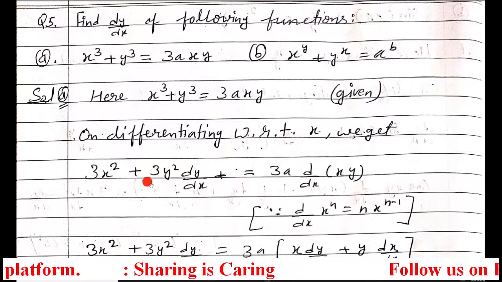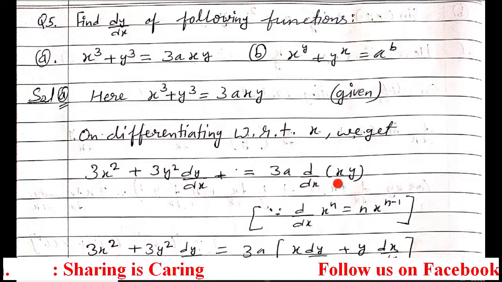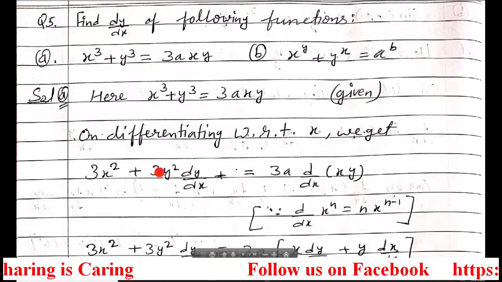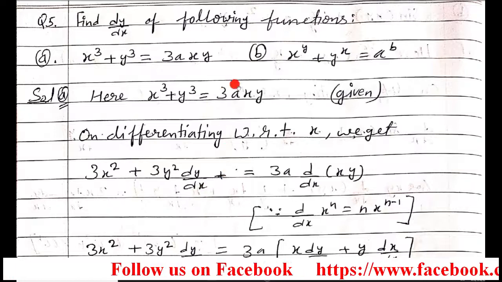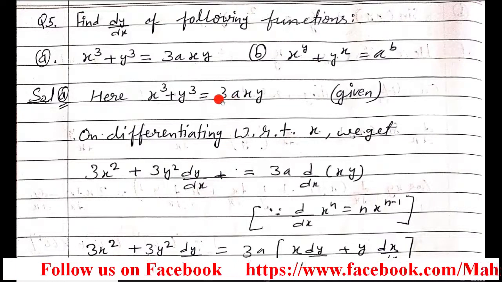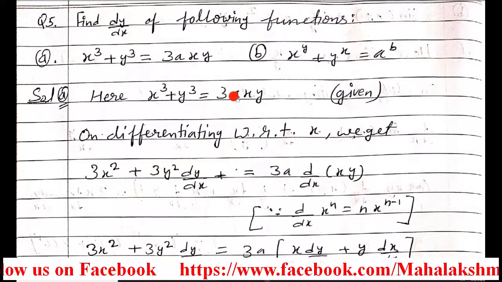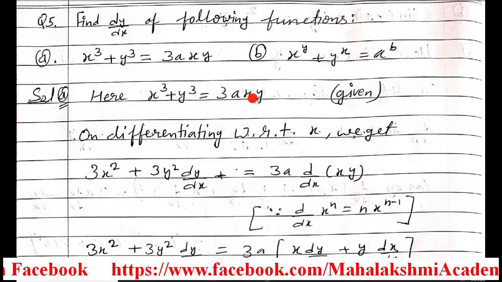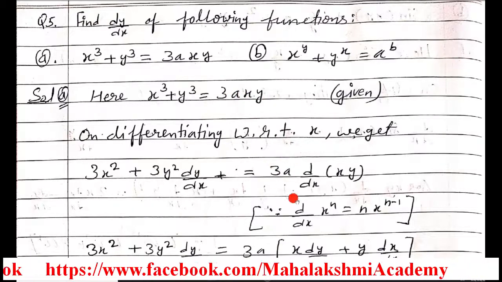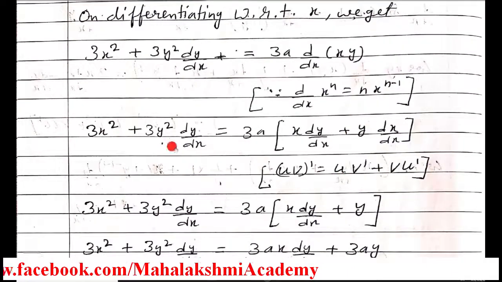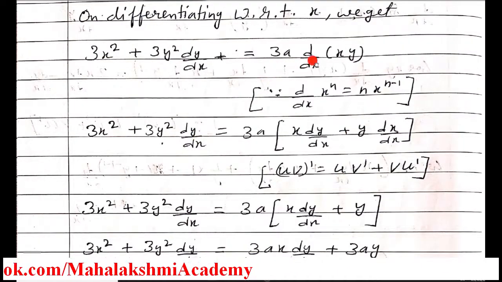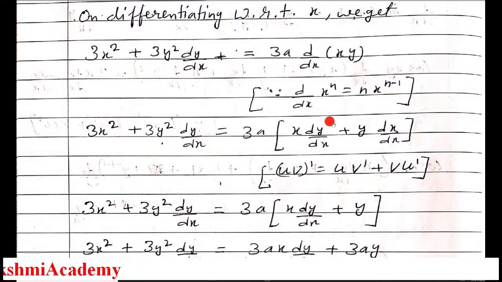You can also do it. Now for this, we will use the same formula, 3 y to the power n minus 1 is 2, then dy over dx because of the chain rule. Now here 3a is a constant, which means it will behave as the coefficient of xy. So I shift 3a outside and put xy in the bracket. In the next step, we will use the formula for u times v. So first x as it is, then y differentiation, then y as it is, then x differentiation.